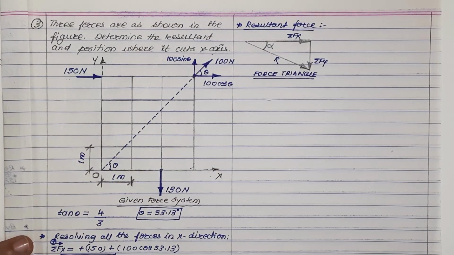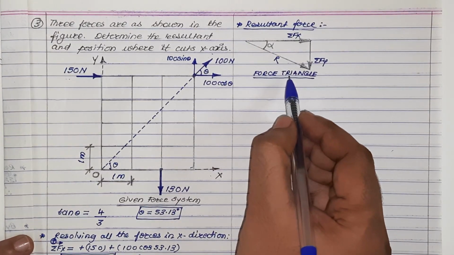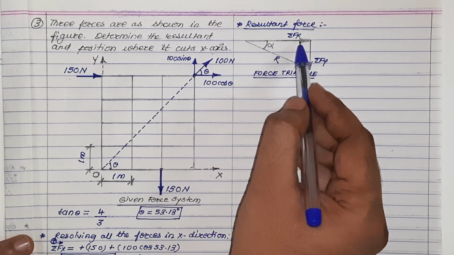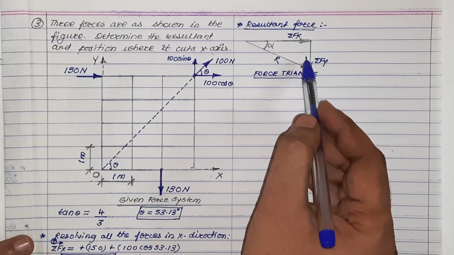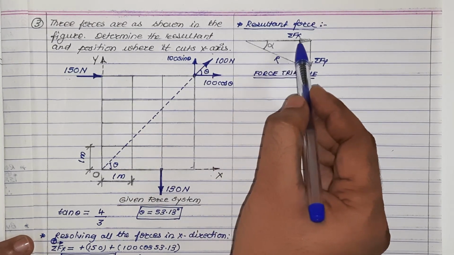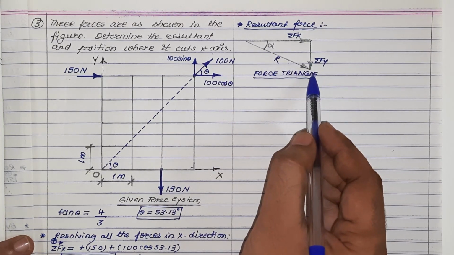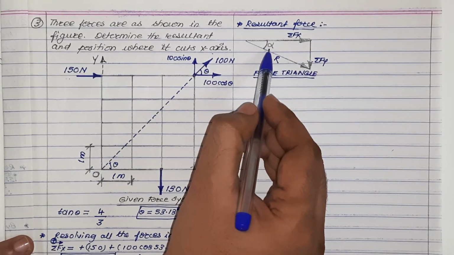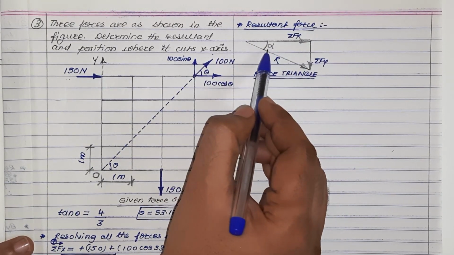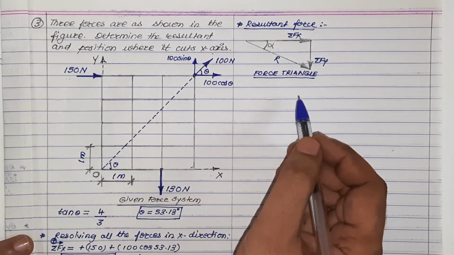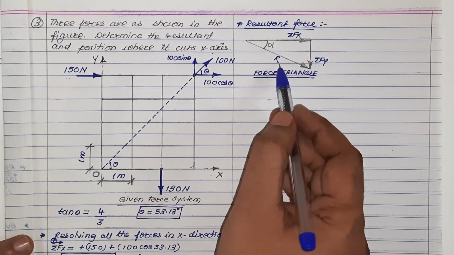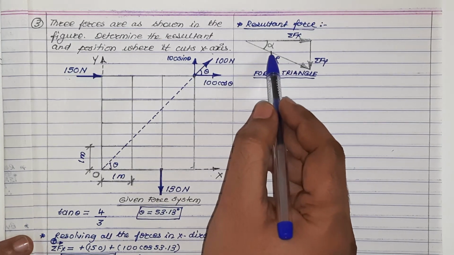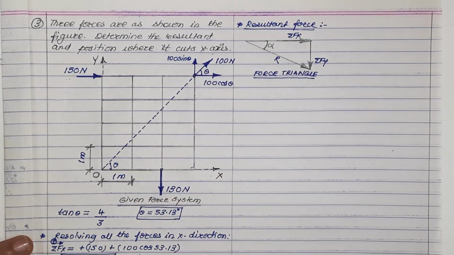To find out resultant force, we have to draw this force triangle. Summation Fx was positive 210 and summation Fy was negative 50 Newton. Hence, those two forces have been drawn taken in order and resultant has been drawn taken in opposite order. This angle made by R with horizontal is labeled as alpha. Thus, using Pythagoras theorem, we can find out R, and using tangent formula for alpha, we can find out value of alpha. Let us solve it.